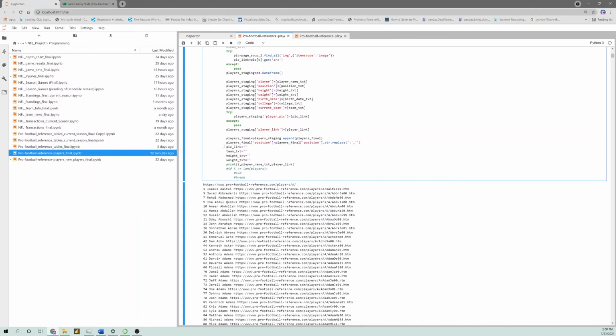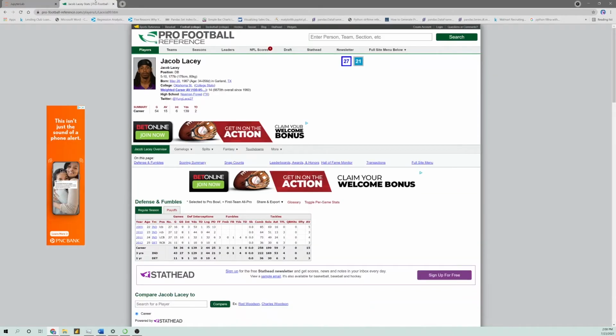Then we are going to reset these variables back to an empty string. And lastly, print out the position of i, or what number i is on, and then the player name, and then the player link. So you can see from our print statement that we have started off at A, and the first player, I'm not too sure how to pronounce his name, Isako Atui, hopefully I pronounced that correctly, has at least played in the 2010 NFL season